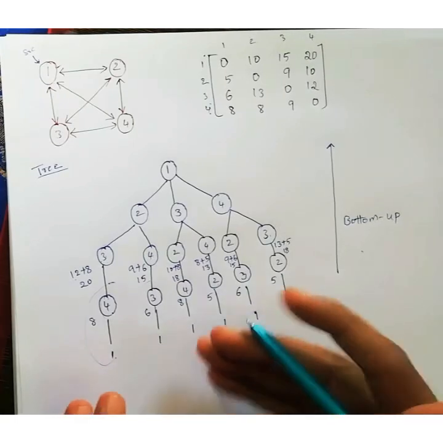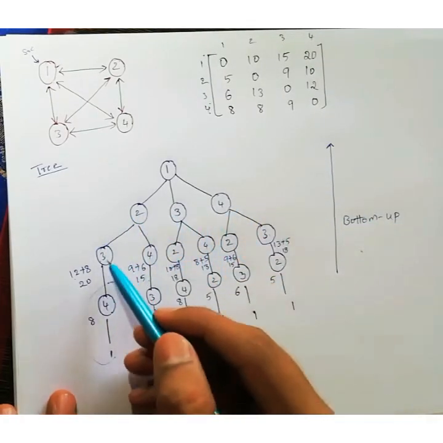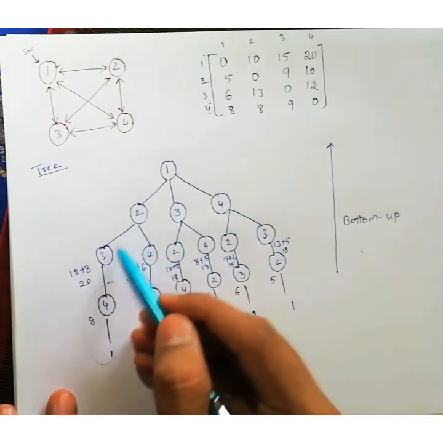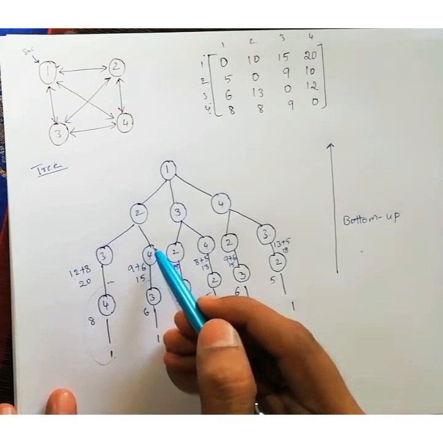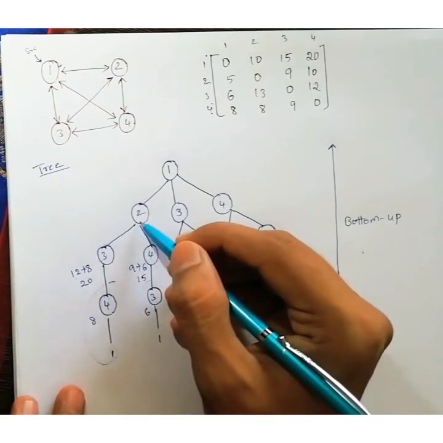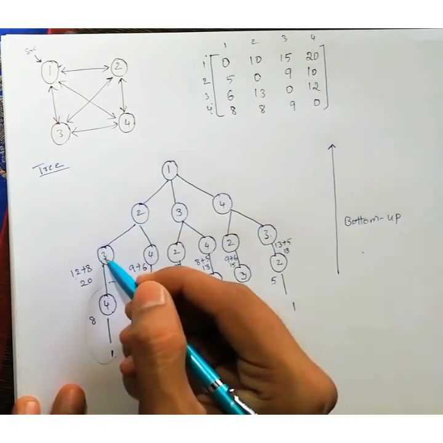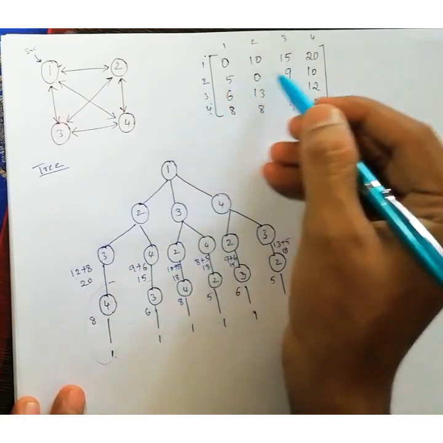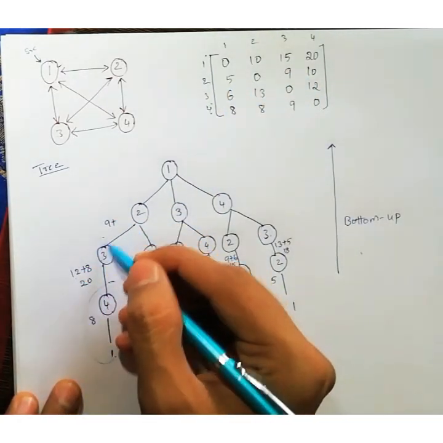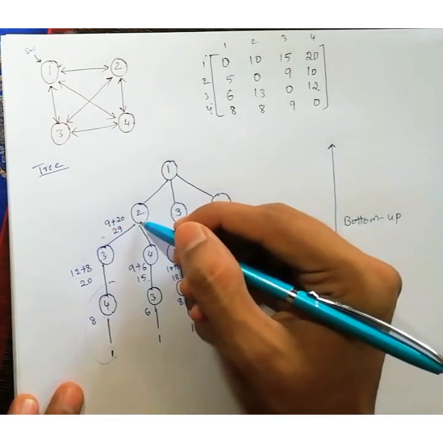So after that, go to the upper level. This level I will solve now. In this level we have only 1, so no need. Now in this level we have 2 edges. Clear? 2 children of 2, that is 3 and 4. Now, find this one. What is the total cost of 2? That means from 2 to 3, what is the distance? 9. Plus the total cost of this now, that is 20. So total 29. And again we have one more route from 2, that is 2 to 4.